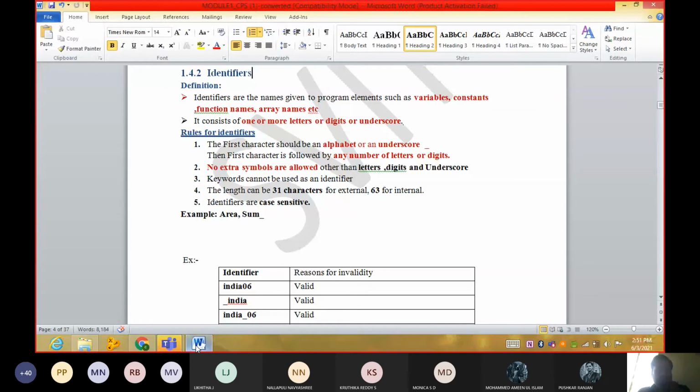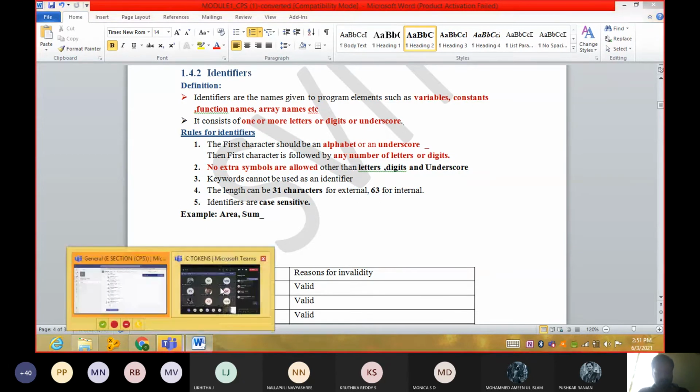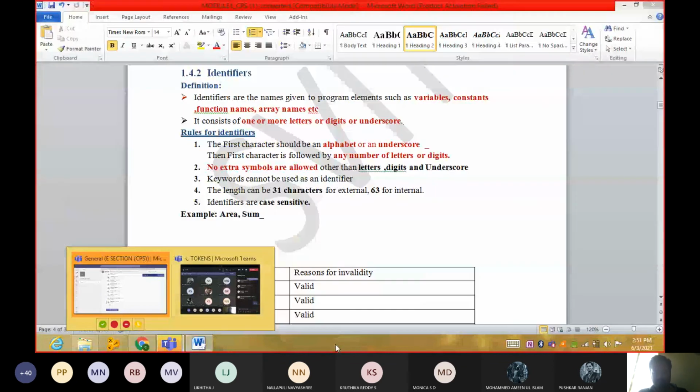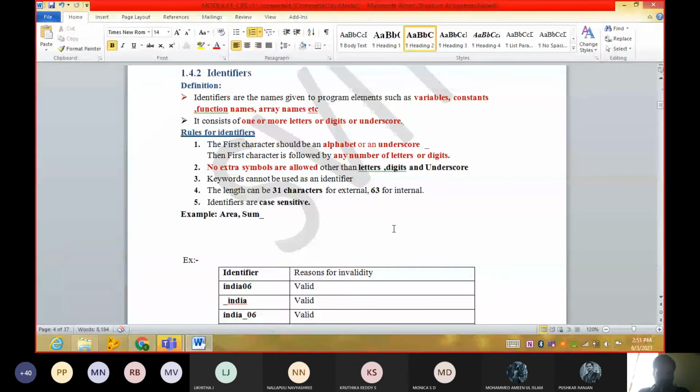You cannot use a multiplication symbol or addition symbol, anything. The length should be 31 characters. Identifiers are case sensitive.